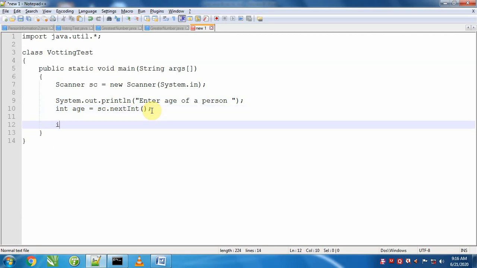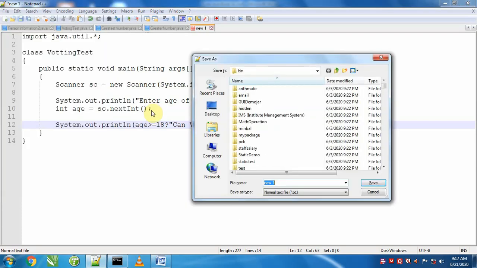After reading the age, we will do System.out.println. If age is greater than or equal to 18, we will print the message "can vote", otherwise "cannot vote". So this is the second method of the conditional operator to print a message.